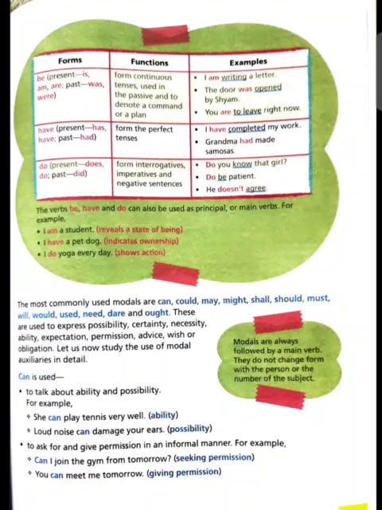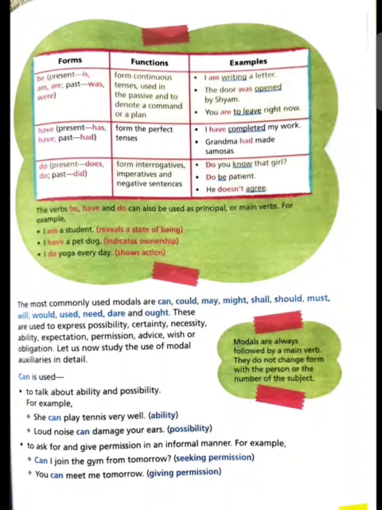So what are the forms of be? So children, is, am, are in present and was, were in past are the forms of be. Okay, and they form continuous tense, are used in the passive, and denote a command or a plan. So children, these verbs can be used in continuous tenses and also denote commands. Like I am writing a letter, the door was opened by Sam. It is in passive, and you are to leave right now.